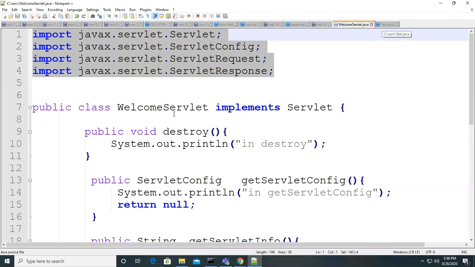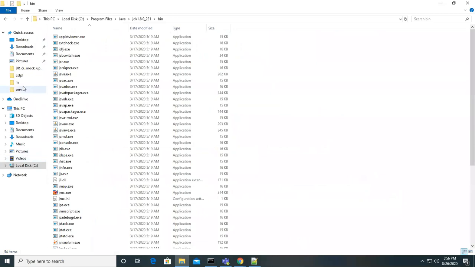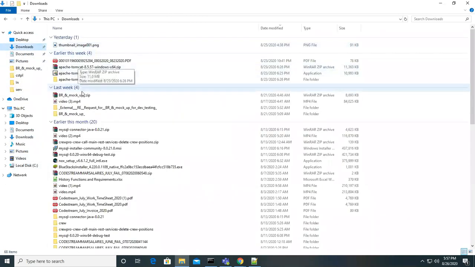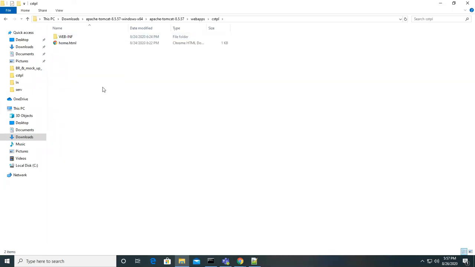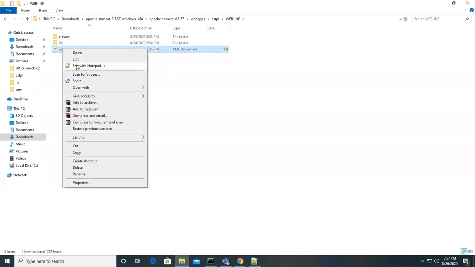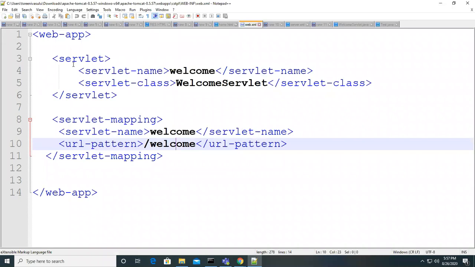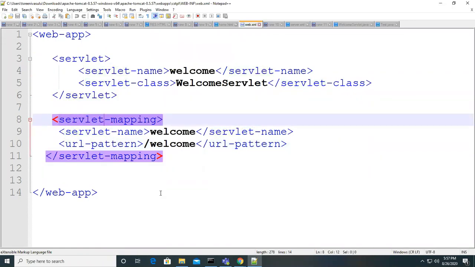After compilation, I got a .class file. After getting the .class file, I put it under the classes folder. Once I put it in the classes folder, I configured the servlet program in web.xml in the other web app, which is servlet and servlet mapping.